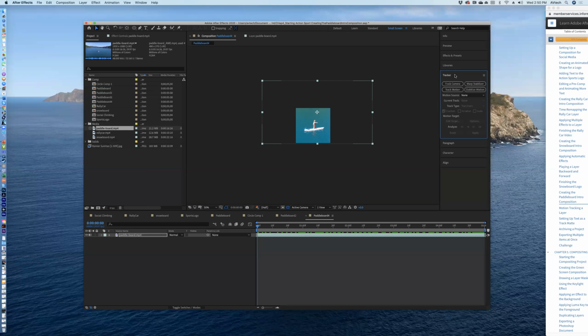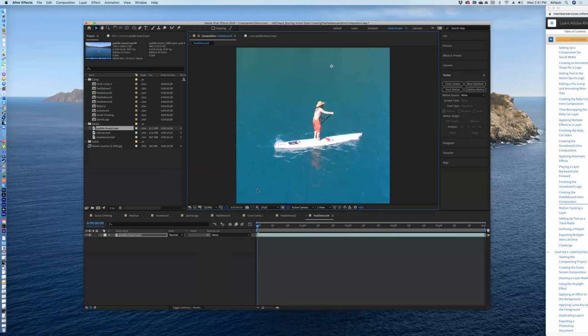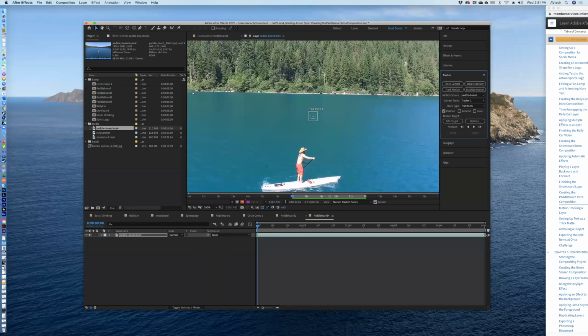Okay, so I'm just going to click on it, and these are going to be a few steps, so you're going to want to watch this first. So this is tracker, and I'm going to just go ahead and bring this up to fit. I'm going to click on tracker. So see what happens, and this is really important because what happened is I went inside of composition and the layer tab came out. If you don't see that, it might mean that you haven't selected this layer, the video track layer,